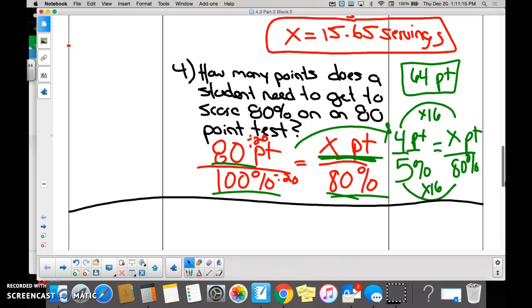Yes, no? Yes. Same thing as we have been doing? Yep. Only difference is you have to write your proportion by lining up the label. Say it again. Line